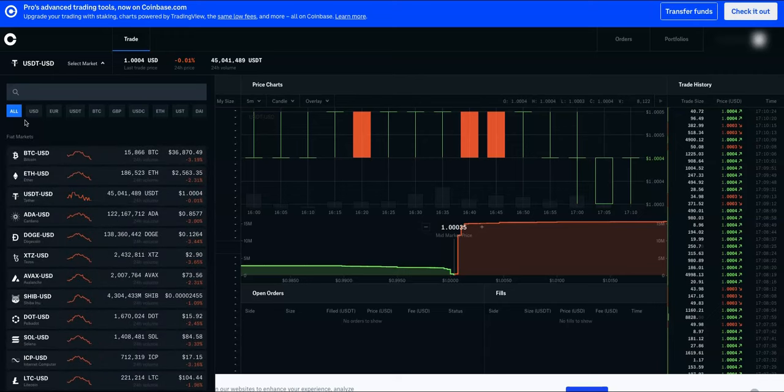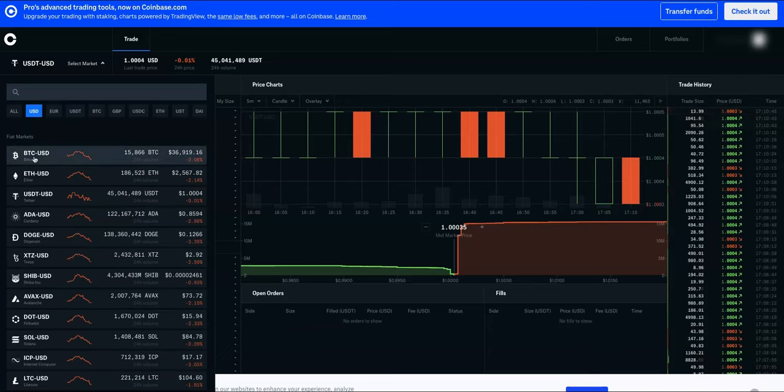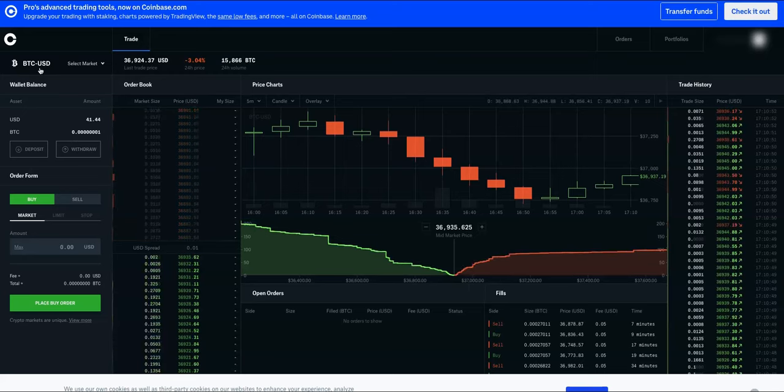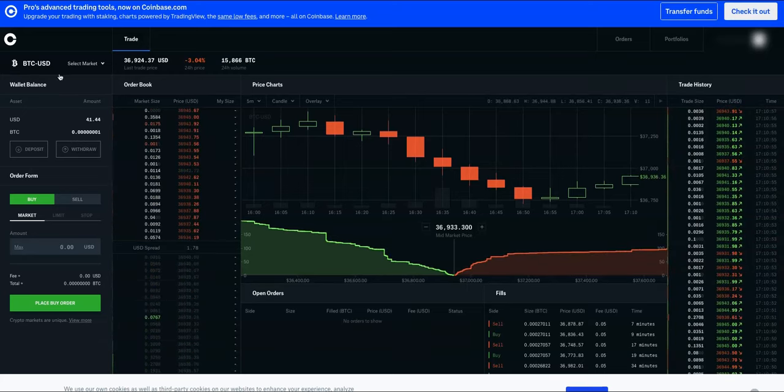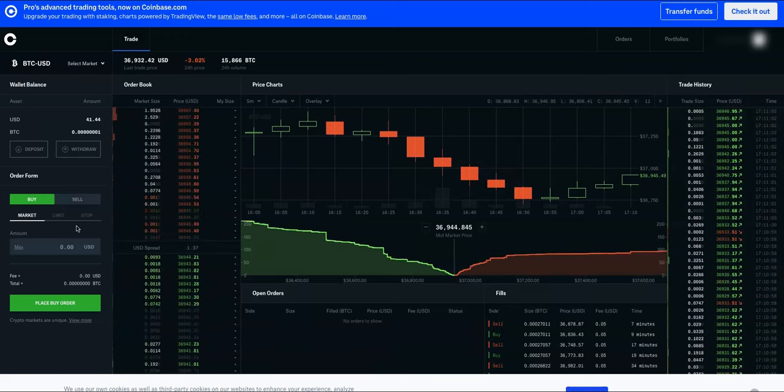And also you can see on the top the currencies: USD, Euro, USDT, but I always go with the USD. Let's say in this example I want to buy a Bitcoin. So to do that, I need to click Bitcoin. As you can see, once I click the Bitcoin, this will change to Bitcoin, right? So to buy a Bitcoin, I need to go to the order form. Let's say now I have $41 available. Let's say I want to buy $10 of Bitcoin. I need to type here $10